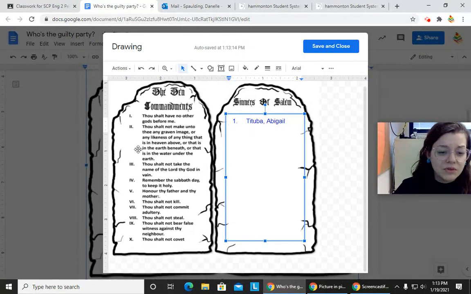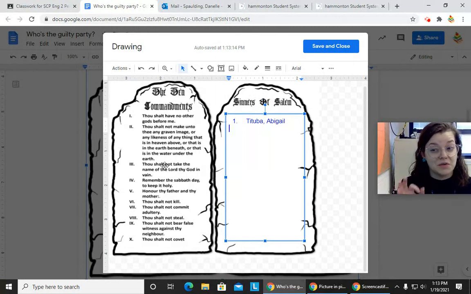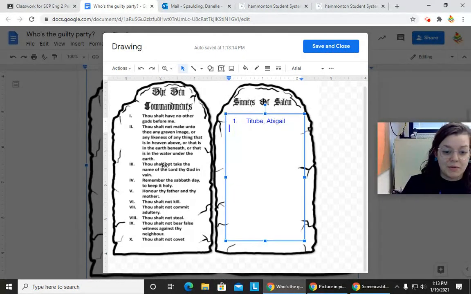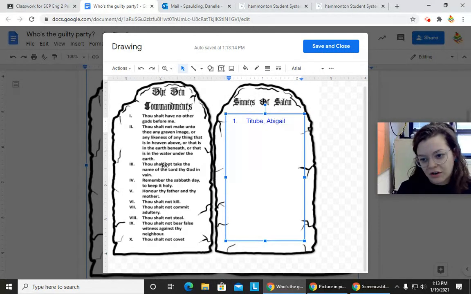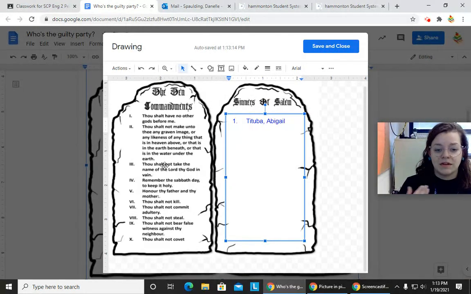But then you would go into 3. You shall not take the name of thy Lord God in vain. So you don't curse him, right? You wouldn't say something like Proctor says at the end of Act 3, if you want to check that out, in case you don't remember. But you're looking for someone who said the Lord's name in vain, which is like people say, gosh darn it, but they actually say the words, or they say like Jesus Christ, right? So who takes the Lord's name in vain? Who says it as like a curse word?